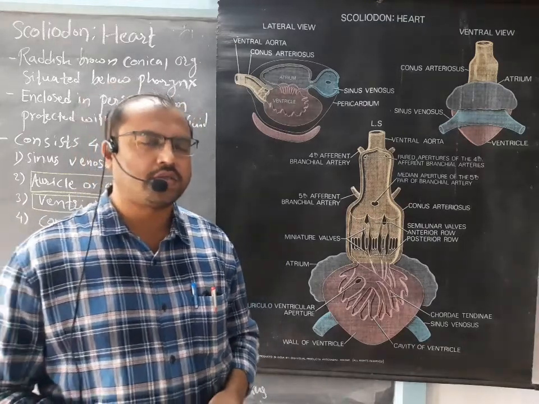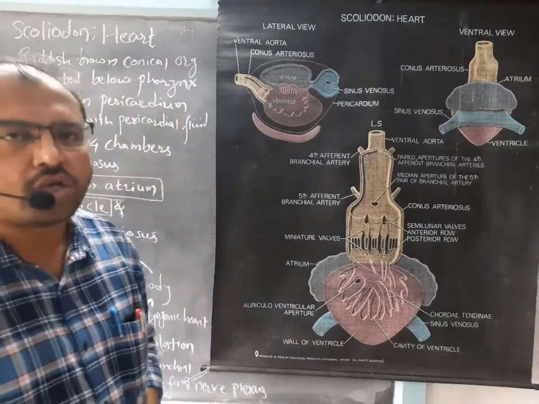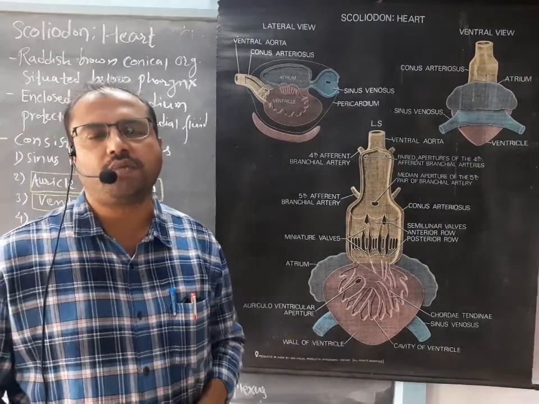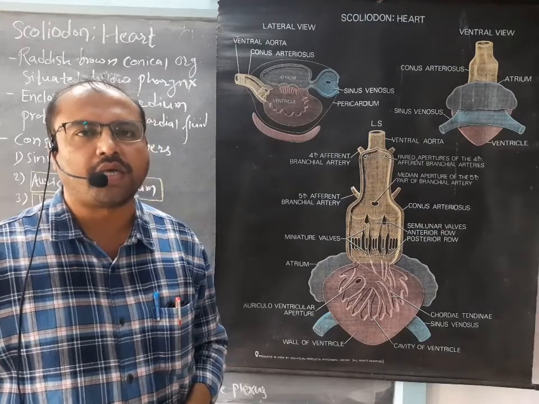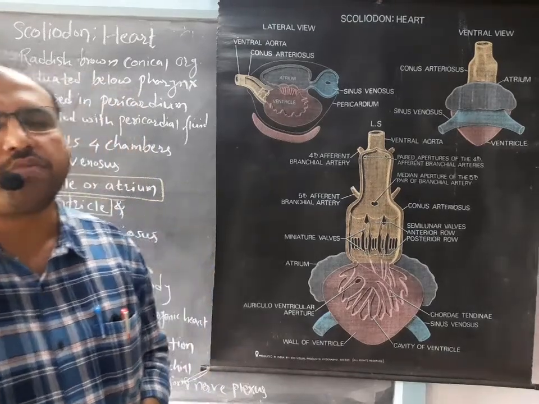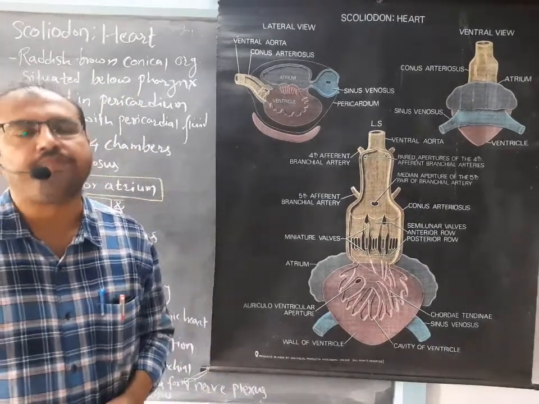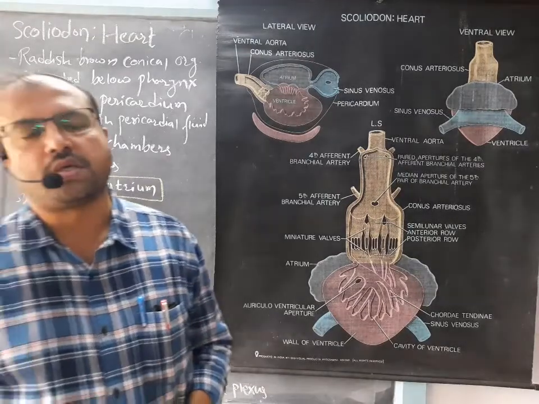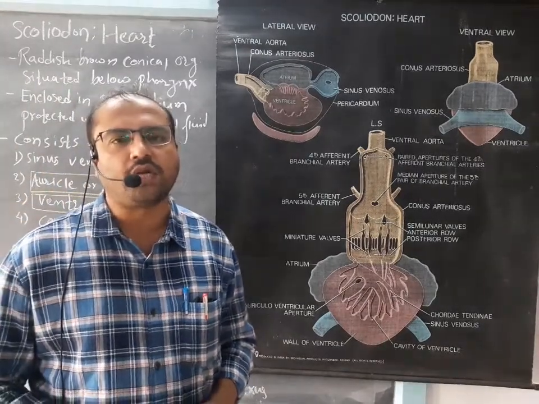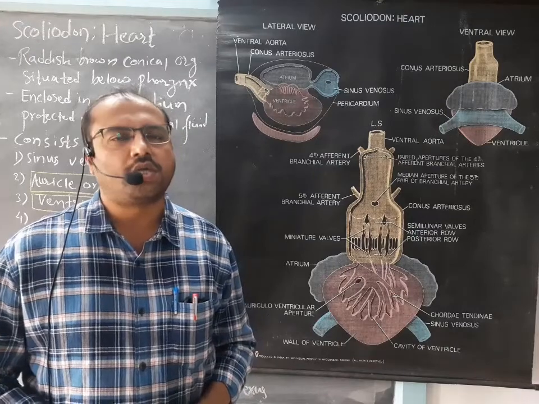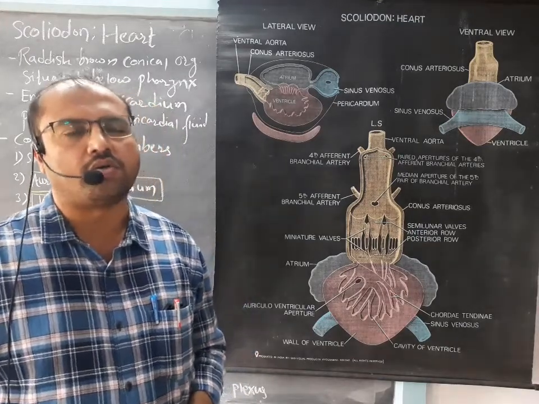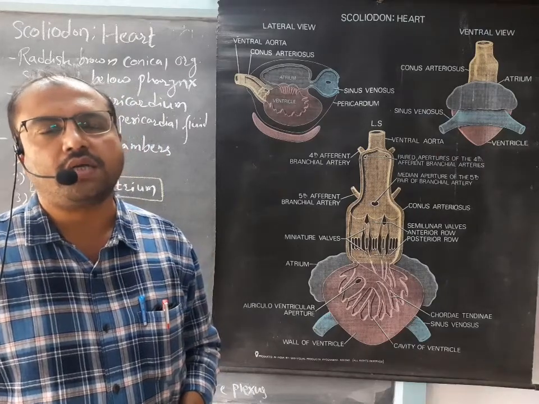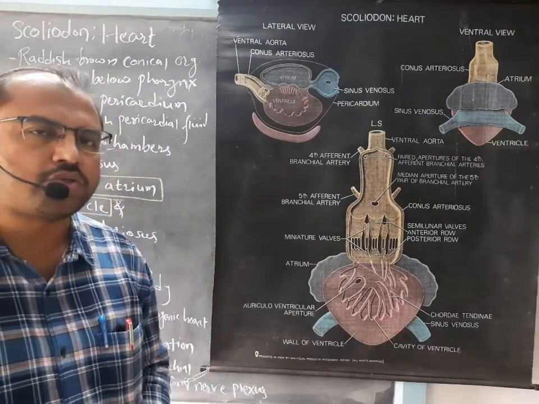In animal diversity third we are studying the Scoliodon, and we have studied the characters of the Scoliodon. It belongs to the class Pisces. As it belongs to the class Pisces, we have seen its systems. Now in today's lecture we are going to deal with the circulatory system of Scoliodon, that is the heart of Scoliodon, which are the parts and the function of the heart of Scoliodon.